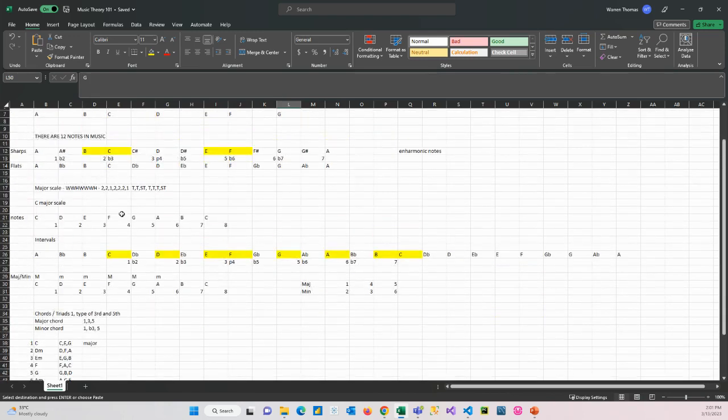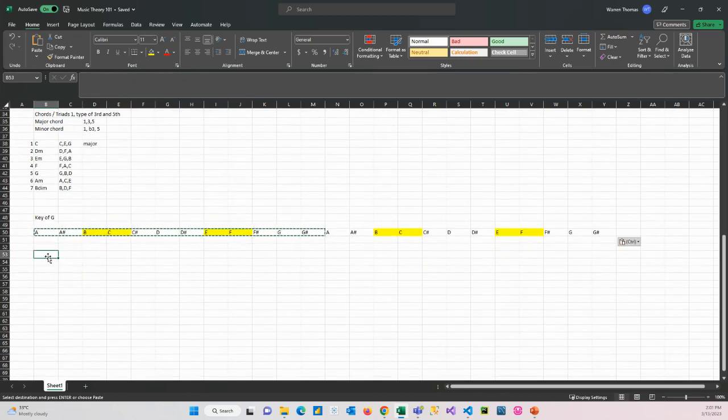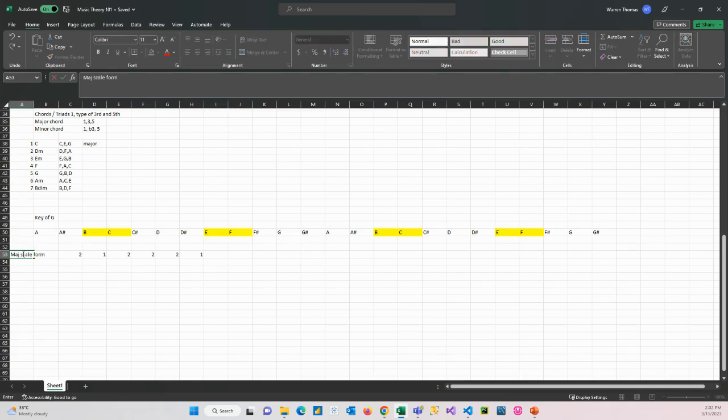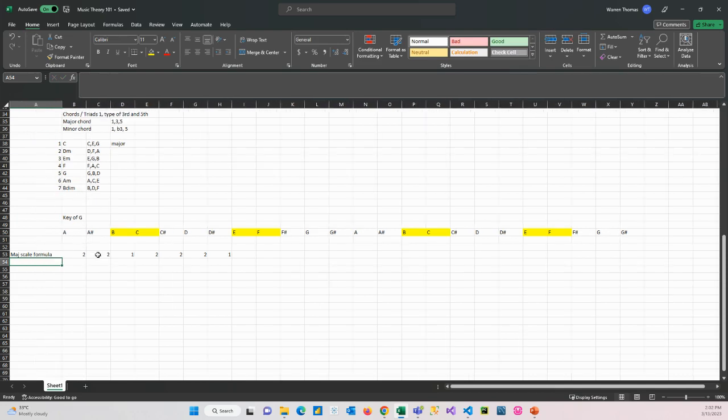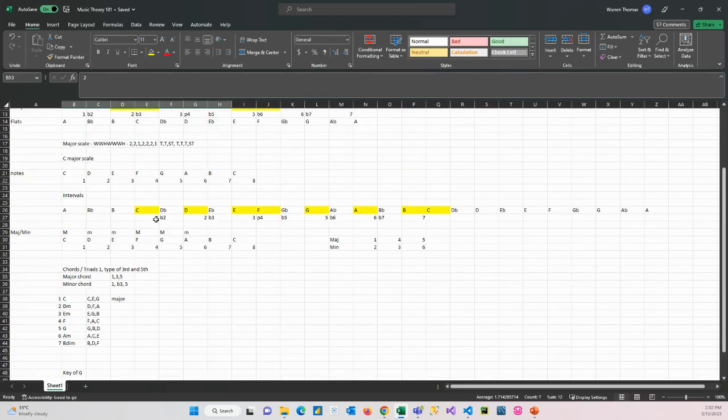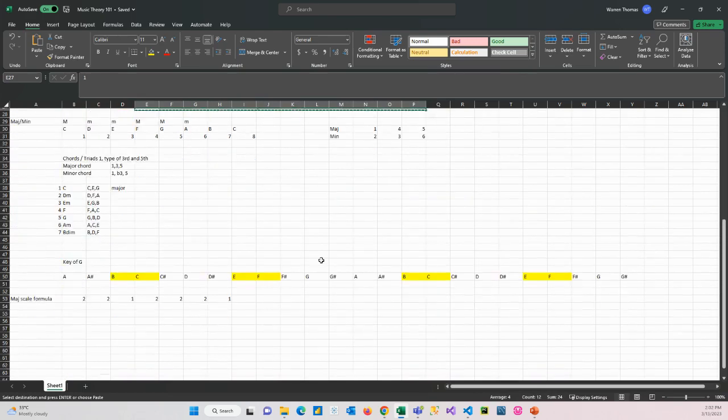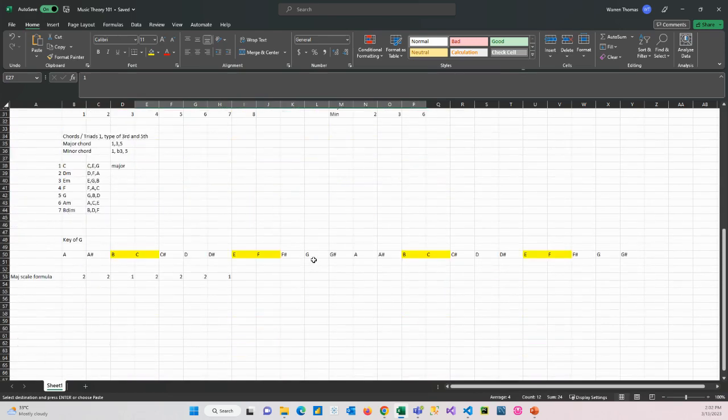We know from what we have at the top here what the major scale is. So the formula for the major scale is 2, 2, 1, 2, 2, 2, 1. We also know this is the major scale formula. Widen this thing a bit. It's 2-2-1, 2-2-2-1. We know that. And we also know that the intervals are consistent. So if we take those intervals and we paste them under G,